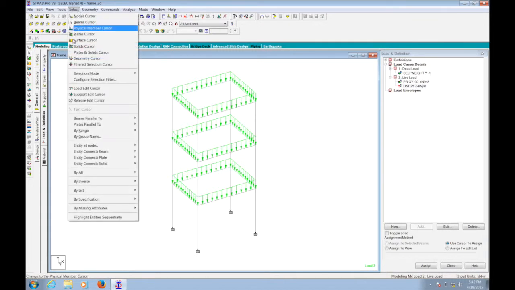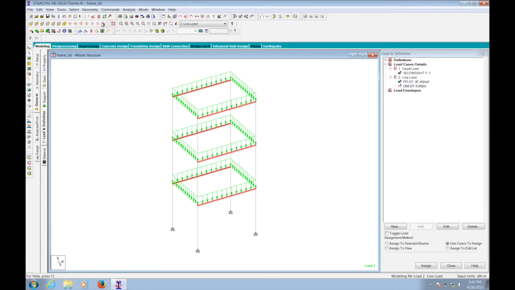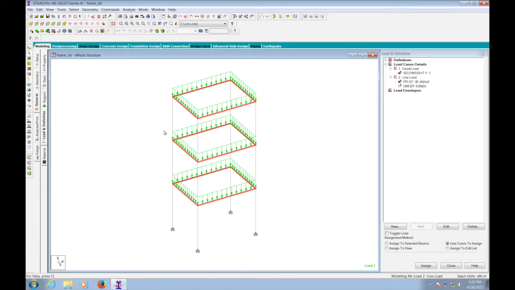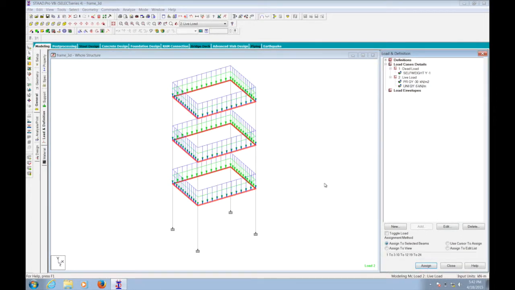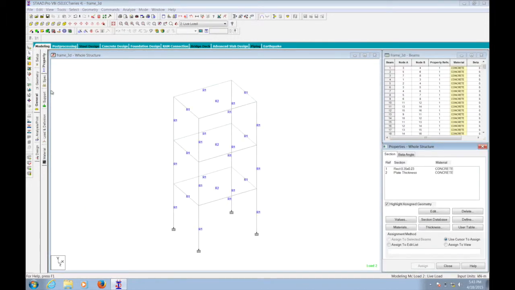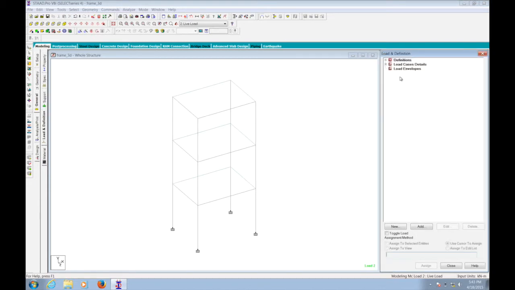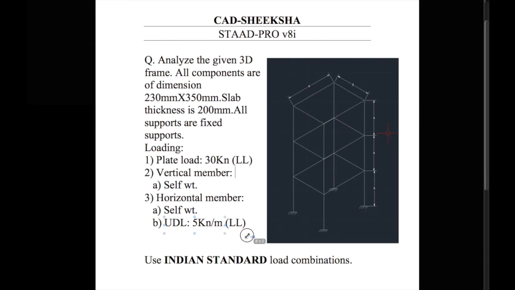You go in select beams parallel to x-axis here, and again select beams parallel to z-axis. It is really a time saver when your structure is big. Select assign to selected beams, assign. So here we have completed our job of giving properties, defining supports, and assigning loads. Up till this we have completed.